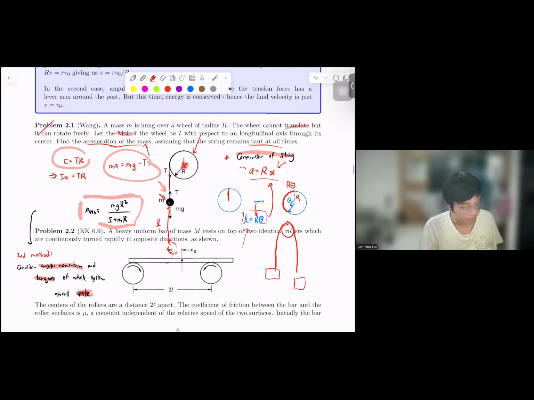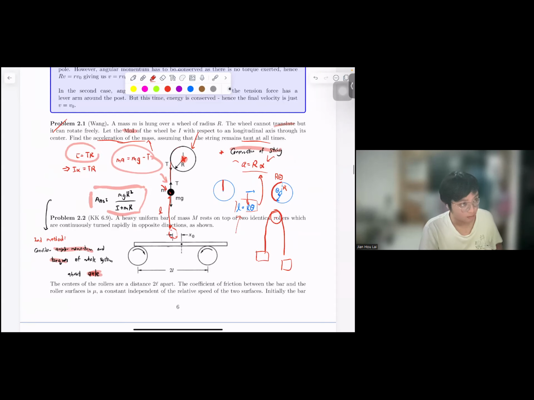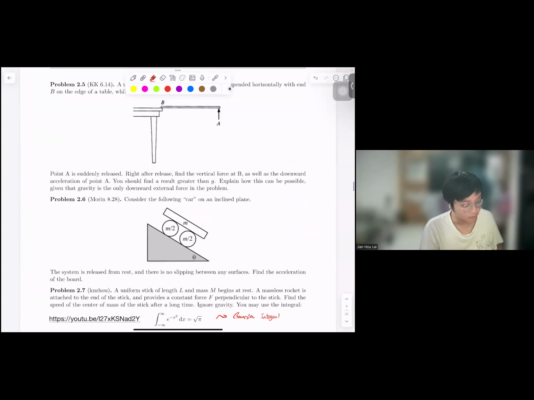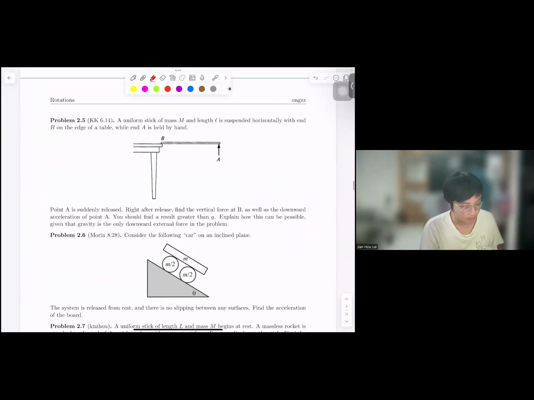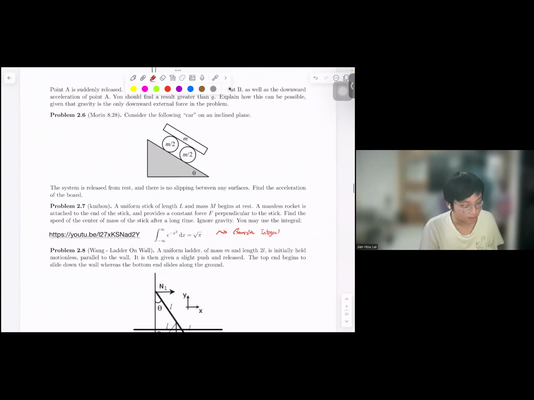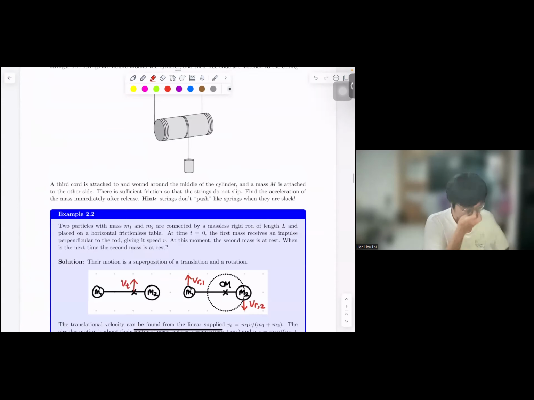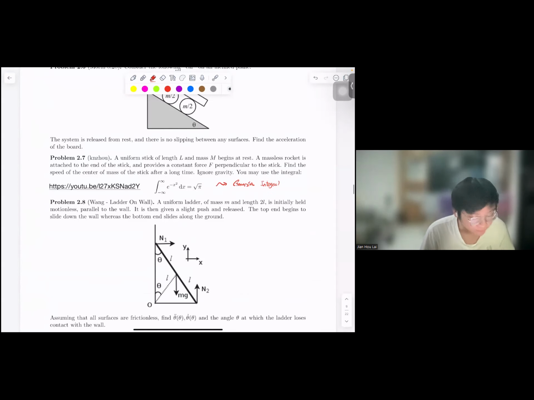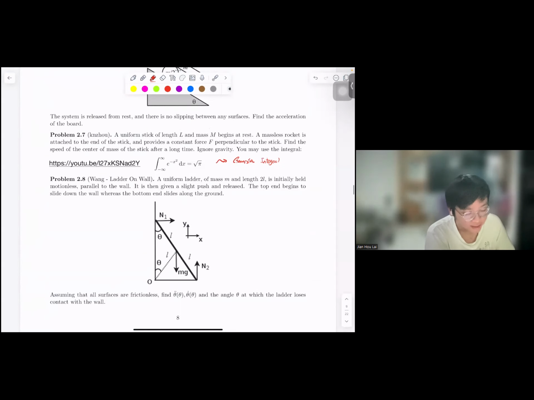If you can try it, example problem. And let's say this will be